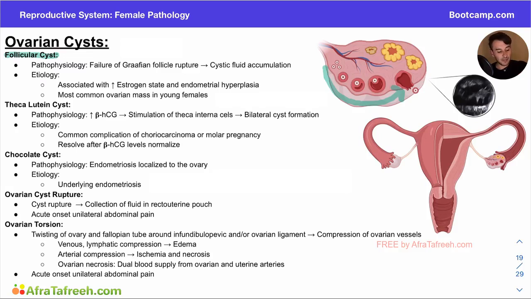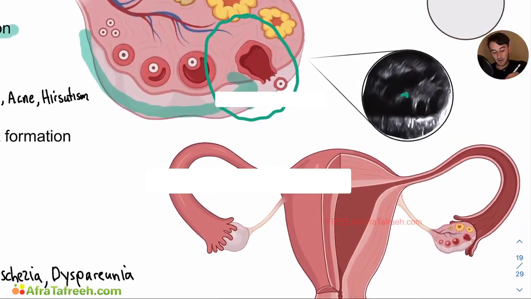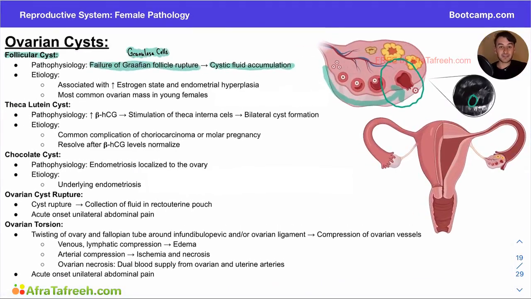So if we review this pathophysiology, it's going to be failure of our Graafian follicle to rupture, and I want to remind you guys that a predominant part of this Graafian follicle is going to be our granulosa cells, and these are going to be the cells responsible for this cystic fluid accumulation. So you can imagine that you're going to have a large cyst, probably about this big in comparison, because we never get this rupture. And if we were to look at this on ultrasound, this cyst would look like this here on our ultrasound. And so if we zoom back out, we can talk about some of the associations of